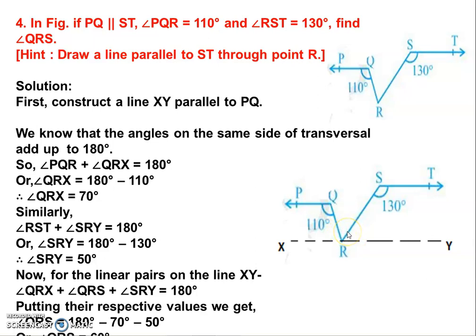In between angle we have to find out sum of all these three is 180 because they all lie on the line XY. So they add up to 180. So with that we can find the missing angle, that is QRS, using the linear pair, or they are all three adding up to 180 degree. So that missing angle should be 180 minus 70 minus 50, which is equal to 60 degree.